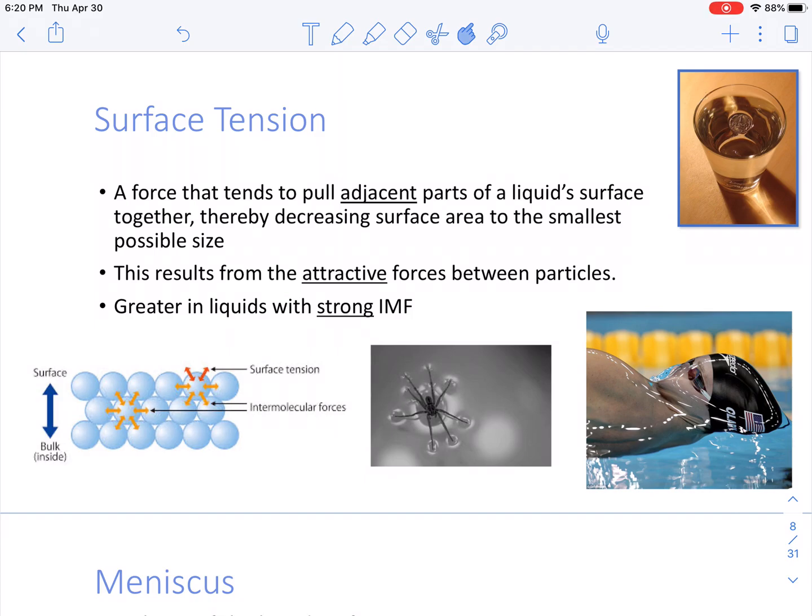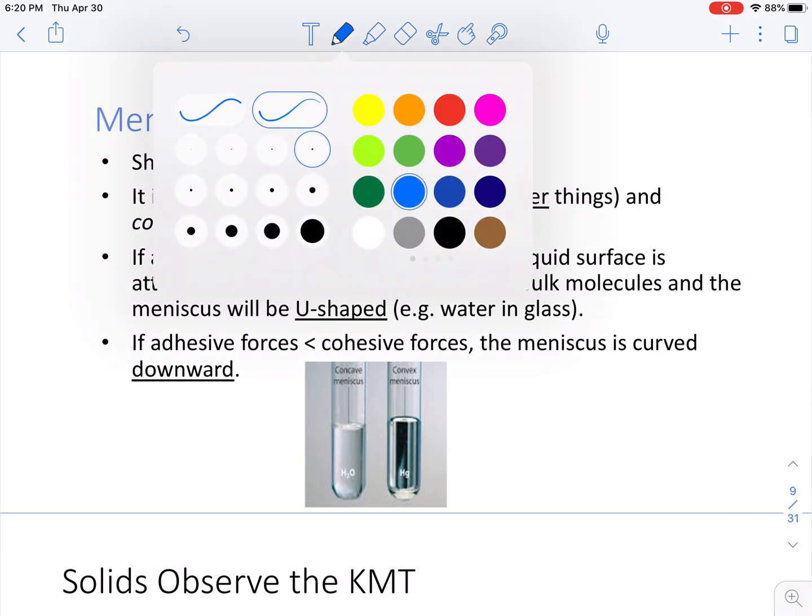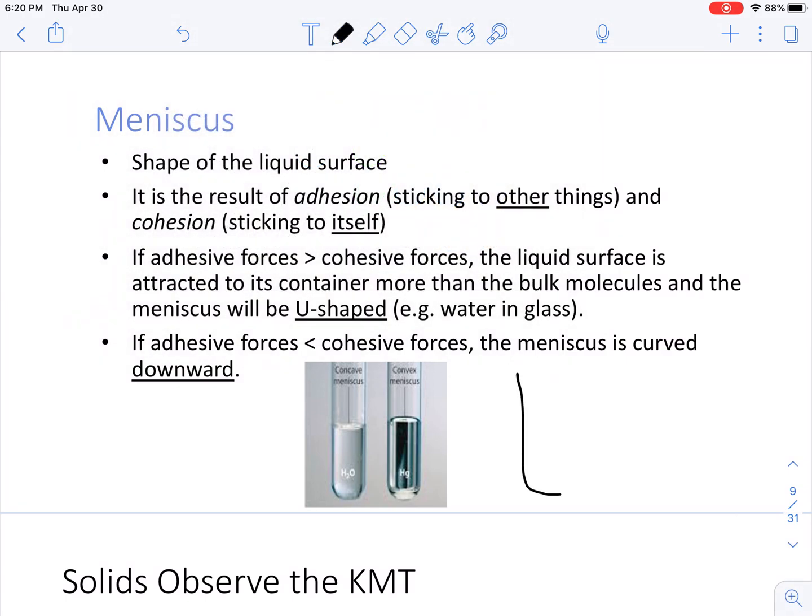And one of the applications that causes is called a meniscus. So remember, with a meniscus, we have a situation where there's an attraction between the water and the glass of something like a test tube, and the attraction between the water molecules and other water molecules. So we have cohesion that's pulling this up, and adhesion to the glass that's pulling the water up the sides, and we get the little U shape. So that's why when we have a graduated cylinder, like so, we have to read from the bottom of the meniscus, but it always forms a meniscus because of this property of adhesion and cohesion. So that's just a little review